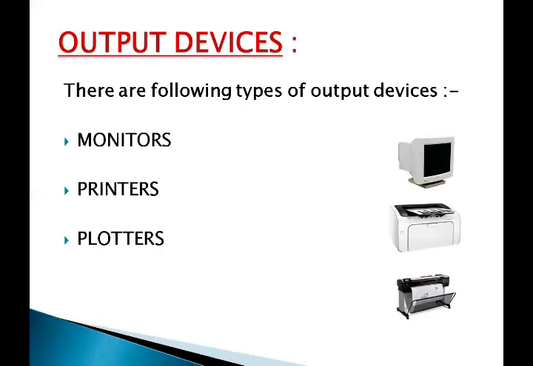Number one is a monitor. Monitor is an output device and a very important part of the computer system. It looks like a TV screen. It shows the output which it gets from the CPU. The output on the monitor is called soft copy. It is called soft copy because it is a temporary copy. It is a device that displays text and graphics generated by a computer.